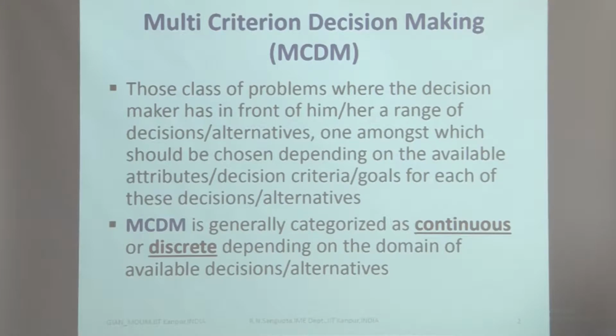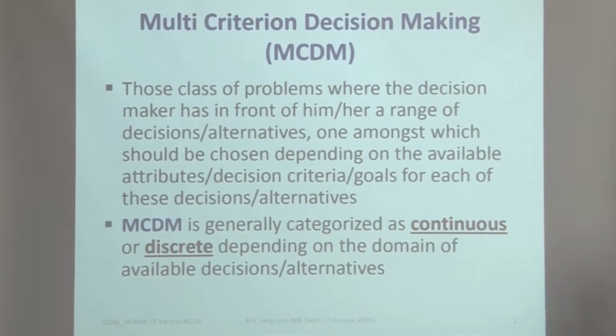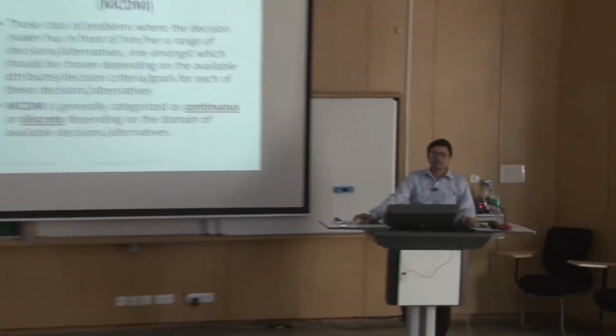So, in those class of problems, the decision maker has in front of him or her a range of decisions based on which the range of alternatives are, and you will try to combine them in different proportions to get the best set of decisions. So, the alternatives would give you the best benefit. In MCDM, which is multi-criteria decision making, the decision variables can be either attribute or continuous variables,